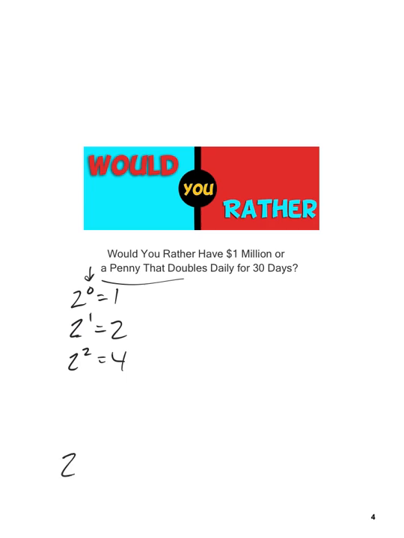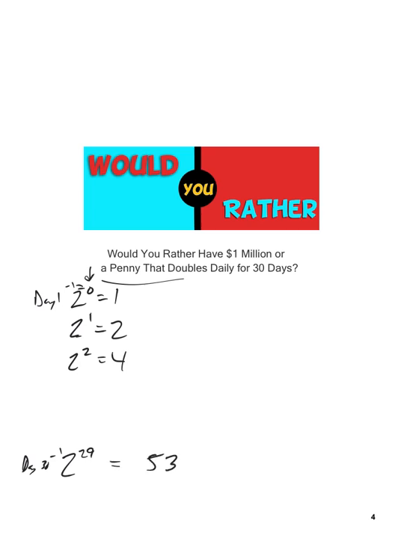So if you go 2 to the 29th, that's how many pennies you would get on just day 30. Again, because on day 1 the exponent is 1 minus 1 to get you 0, day 30 would be 30 minus 1 to get you 29. And 2 to the 29th alone means that you would be getting